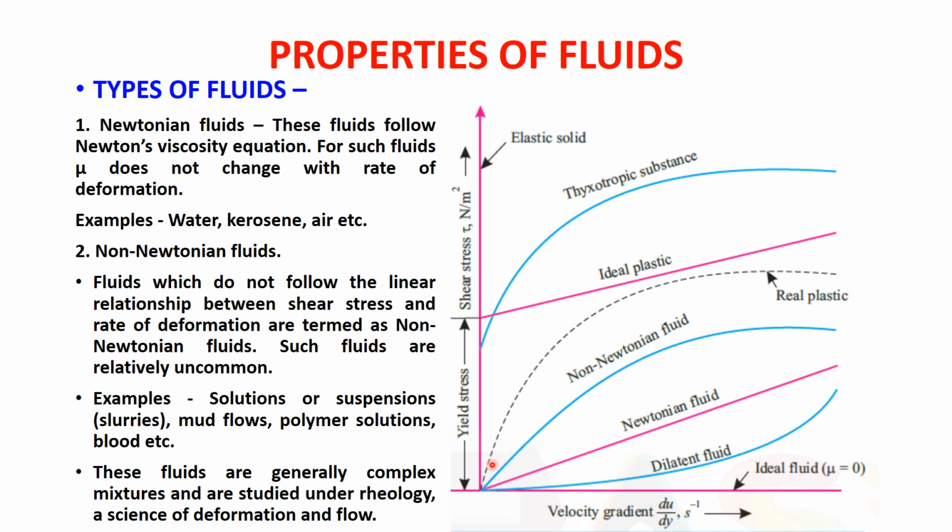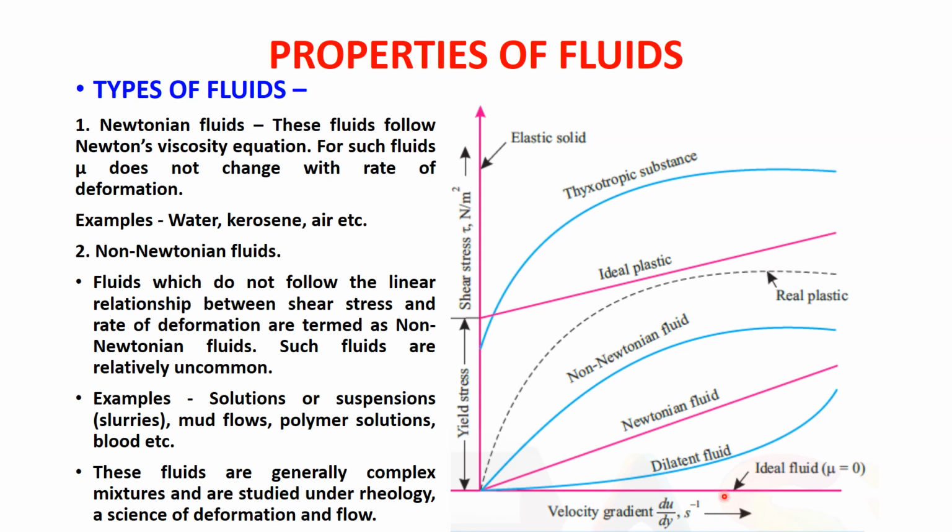Then you can see that for non-Newtonian fluid, this is a curve. There are certain changes when there is a non-Newtonian fluid, so they do not obey a linear relationship, so they do not obey Newton's law of viscosity. For ideal plastic fluid, you will see that once the yield stress is reached, it is again linear. For a thixotropic substance, you will see that some part is included in yield stress, but after that it crosses the shear stress. Then after a certain value of velocity gradient, it remains constant. For dilatant fluid, the value starts from 0 and it increases as the velocity gradient increases.